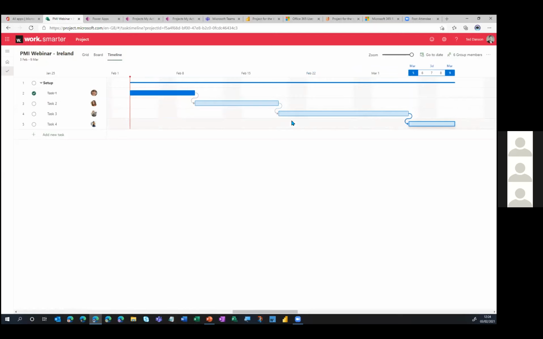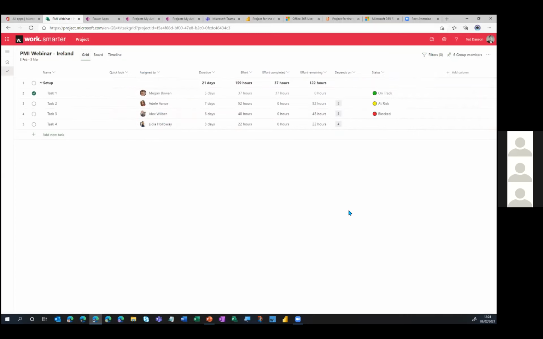And if I decide that actually we don't need as much time assigned to a specific task, all I need to do is shorten it down. So you can see that it's highly interactive, very visual, and many people are visual people in the first place, so this would work for them incredibly well.